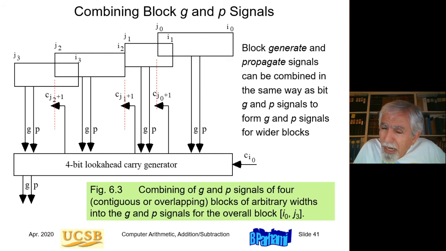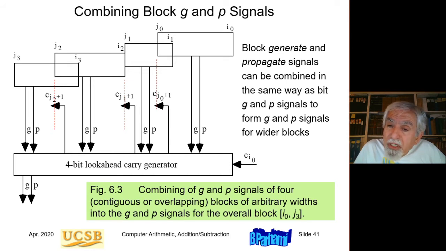So that might seem to lead to inefficiency, but it does lead to efficiencies in some cases. Okay, so that 4-bit look-ahead carry generator can combine information from either adjacent blocks, touching blocks, or overlapping blocks. Two of the pairs of blocks in this example are overlapping, but that doesn't cause any problems in using this